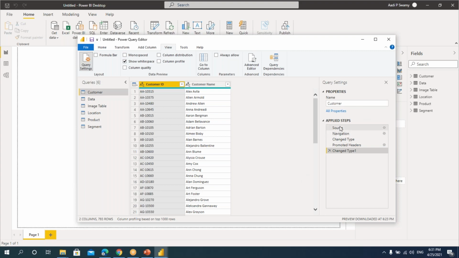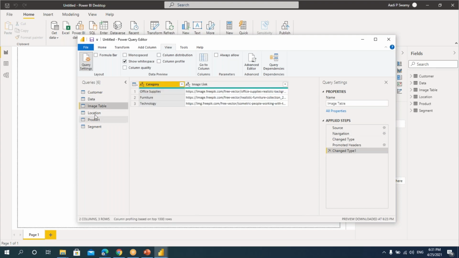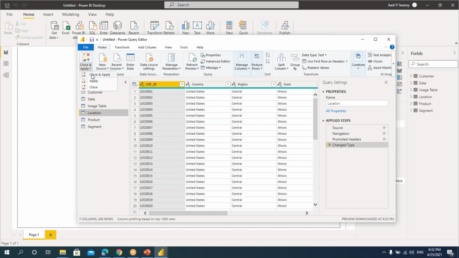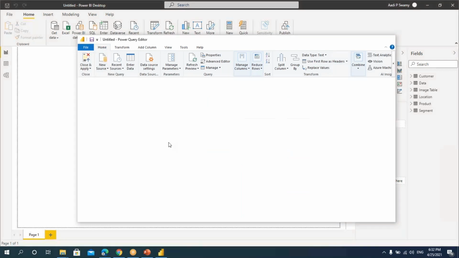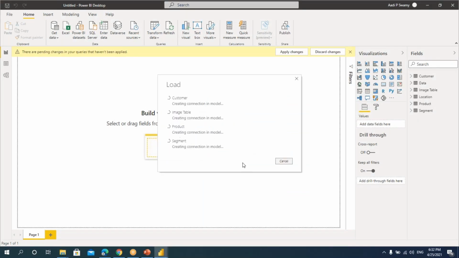So here, all the steps, whatever I apply on the table will be recorded. This will be for each table. Say, for example, I'll go to this data table. If I have done any modifications here, that will be available here. If you go to another table, whatever changes I do, everything will be recorded here. All right, so we did one small change, that is converting the first row as headers. Now what I'll do is I'll go to this home tab and I'll say close and apply. Now all the changes we have done for the tables here will be applied, and then it will get refreshed.